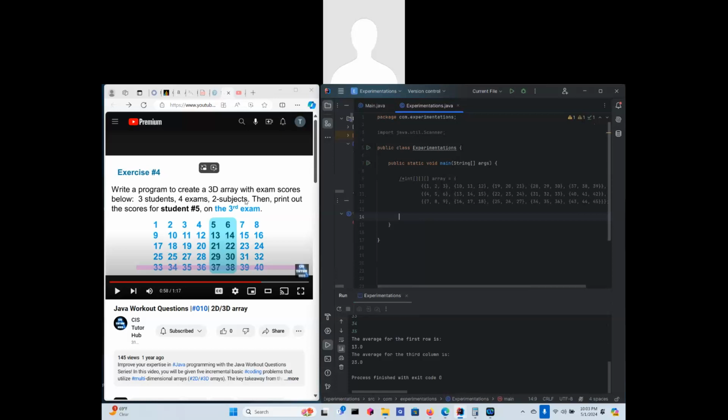Anyway, I want to write a program, create a 3D array of exam scores, 3 students, 4 exams, two subjects, and print out the scores for student 5 on the 3rd exam. Okay. So we want to create a 3D array with the exam scores below. We don't need to take input, so we can just initialize this array. So it's going to be an integer array. So int array equals